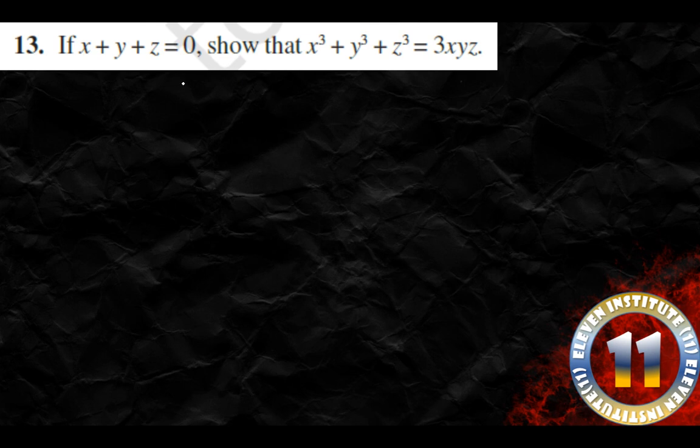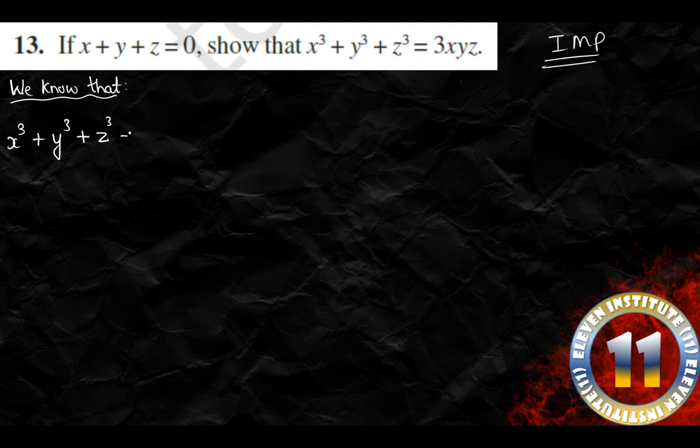If x plus y plus z is 0, show that x cube plus y cube plus z cube is equal to 3xyz. This is again an important and easy sum. See, we know that this is part of a formula. So we can write, we know that x cube plus y cube plus z cube minus 3xyz is equal to